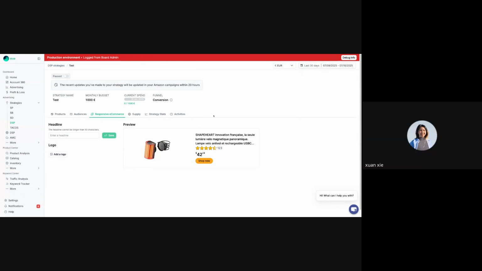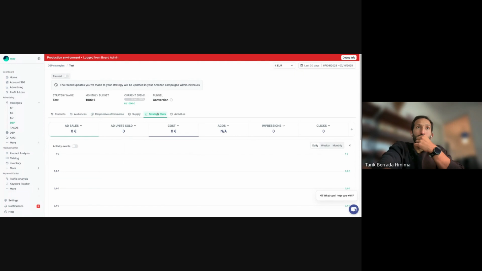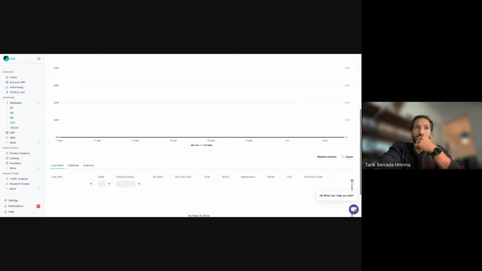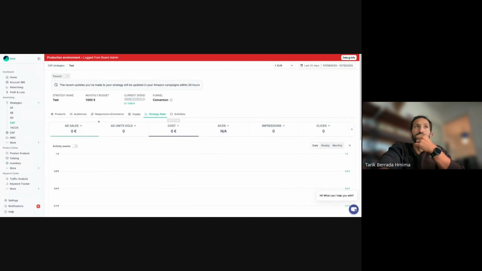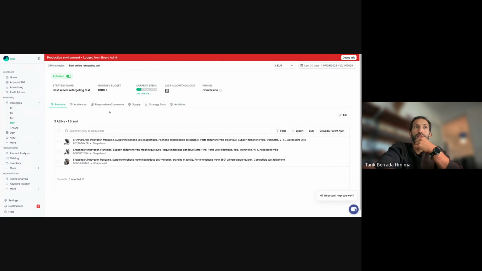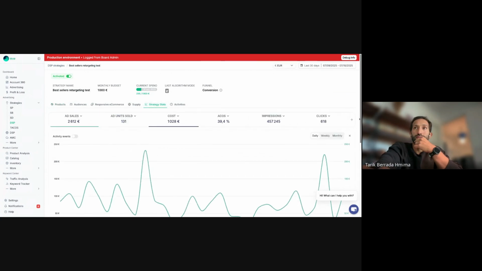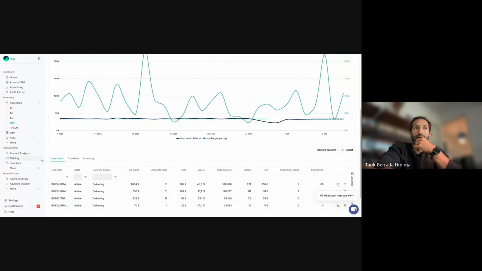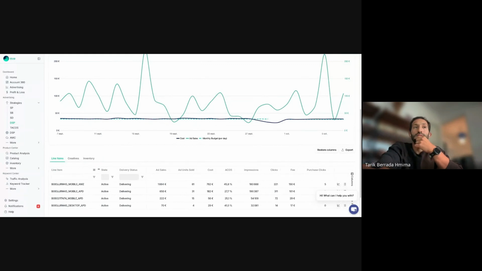Okay, so the second question is, can we update the line item name manually, or do they need to remain the same? No, for the moment, the line item is created on your behalf, and it has in it the information that it does contain, like the environment, like device environment.